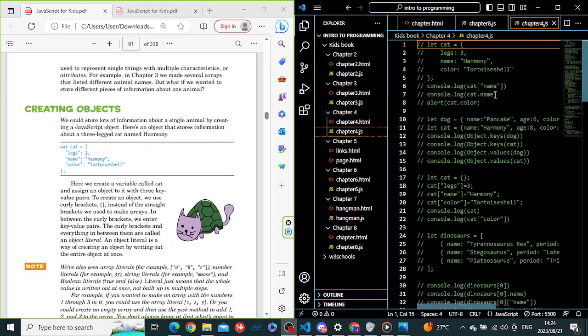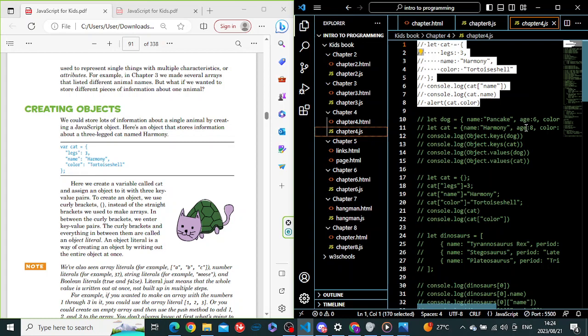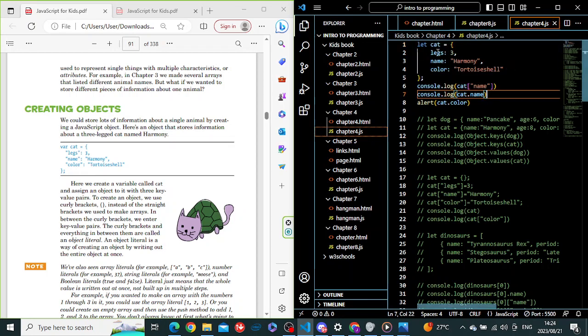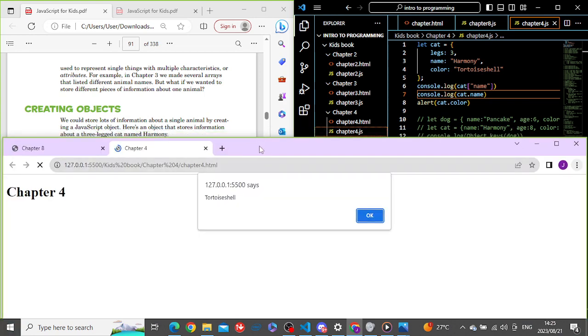So our first exercise to show this is that we wanted to store lots of information about a single animal by creating an object. And so it's creating information about one cat. And there we've got the number of legs, its name and color. And if we go through to here, you can see we've actually made an alert to tell us what the cat color is,